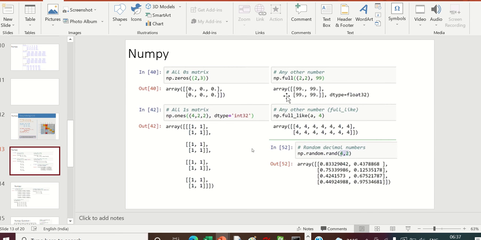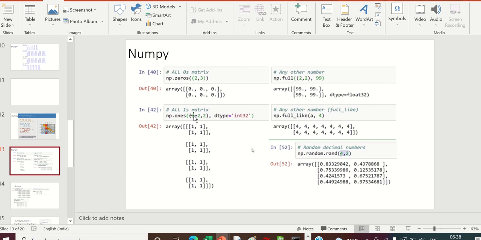Then np.full. You can create a square matrix 2 comma 2 with all 99 inside it. All this will become 99. All ones matrix is again with all ones, and this is a three-dimensional matrix, 4, 2, 2.